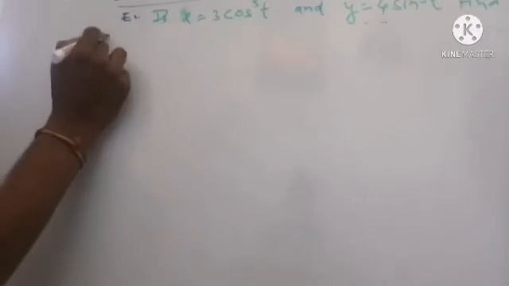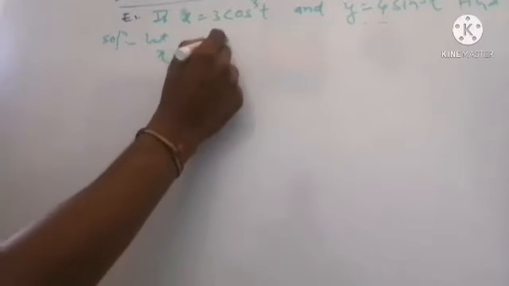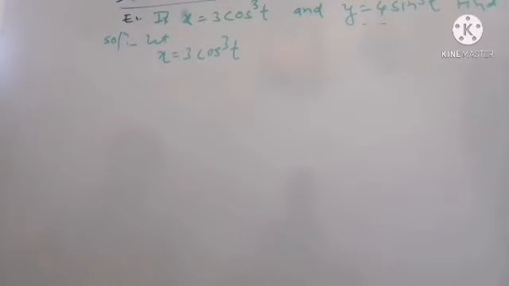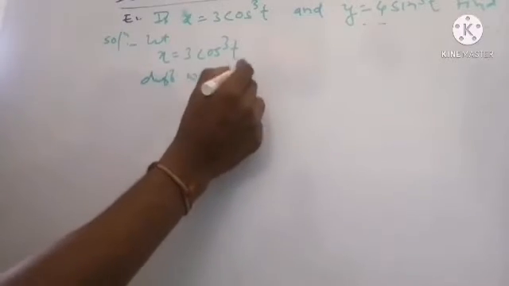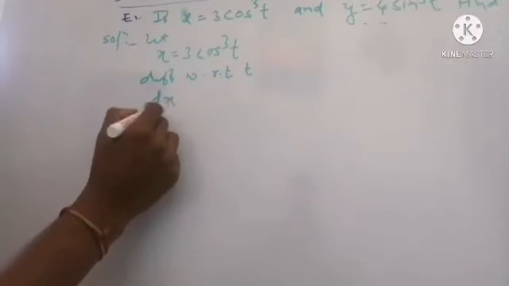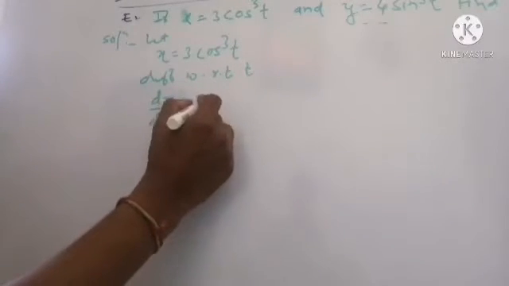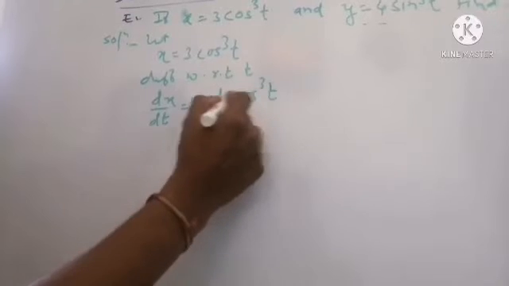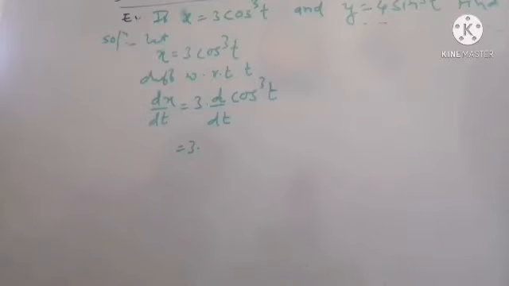First, here we have been given the term of x, so let's start with x. There is no rule to take the x or y derivative first with respect to parameter t. Here we take the first derivative of x with respect to t. On the left hand side we get dx by dt. On the right hand side, 3 is a constant which is in product with a term of t, so we take 3 outside the derivative and the derivative of only cos cube t with respect to t. 3 as it is. Now here cos cube t is again a composite function.